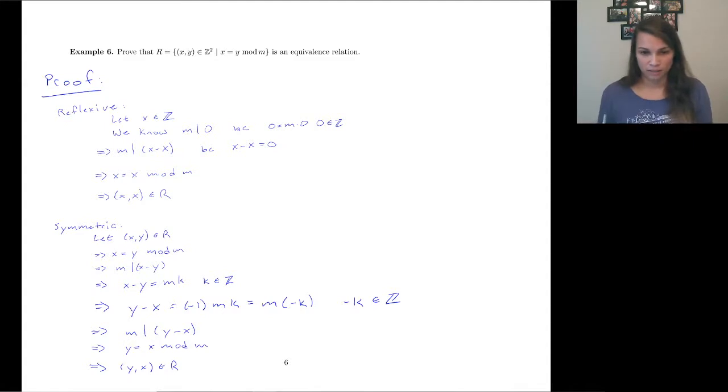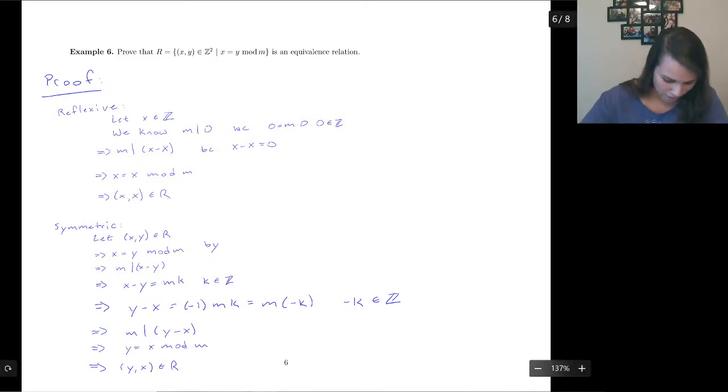So then if -k is an integer, that means we have m divides y minus x by definition of divides, which means we have the definition of modulo, which means we have y comma x is going to be in R. And then I'm going to run through and be a good mathematician and write why all these lines are true. So by definition of congruence, and then this one was by definition of divides, and then